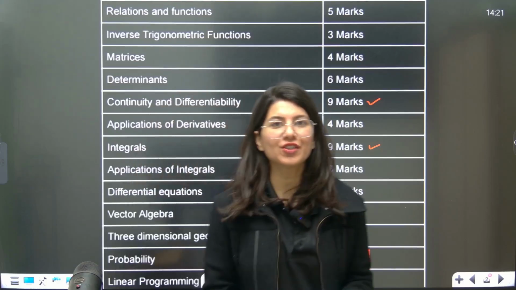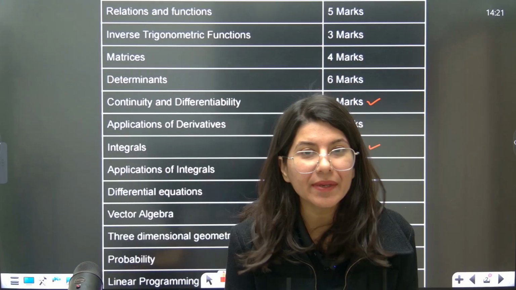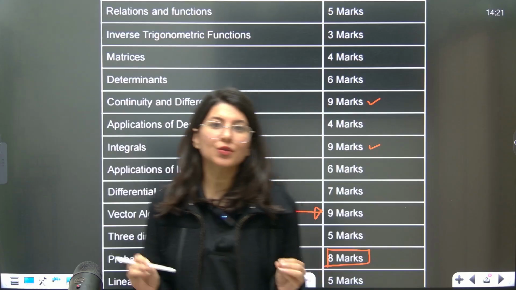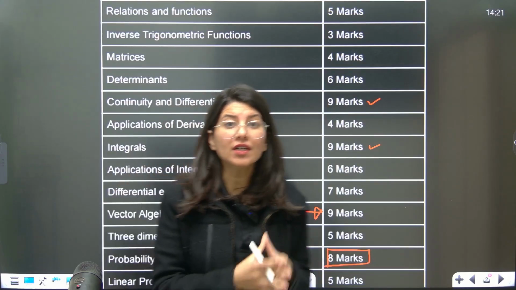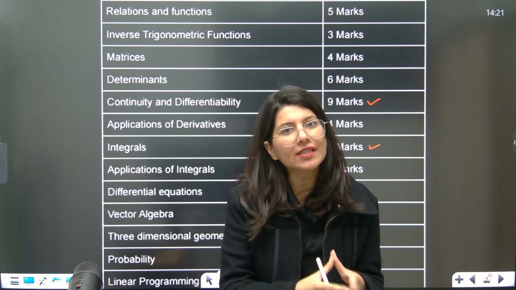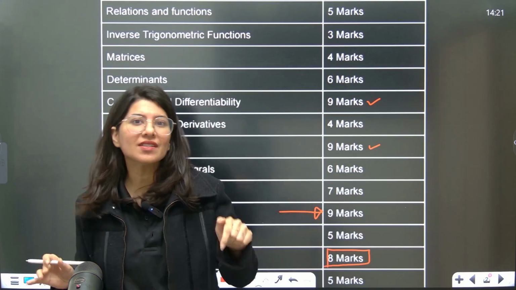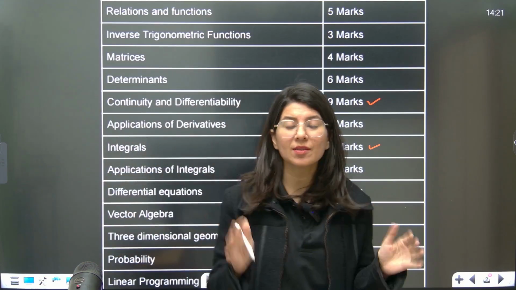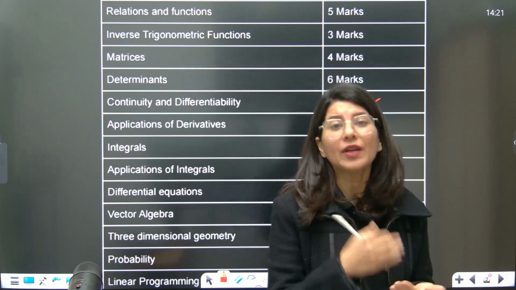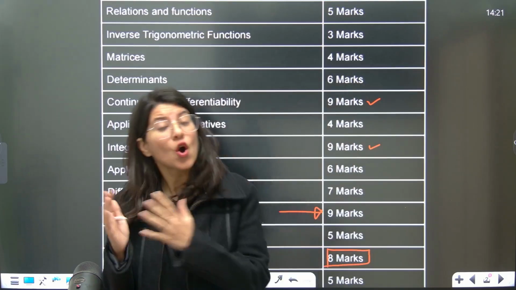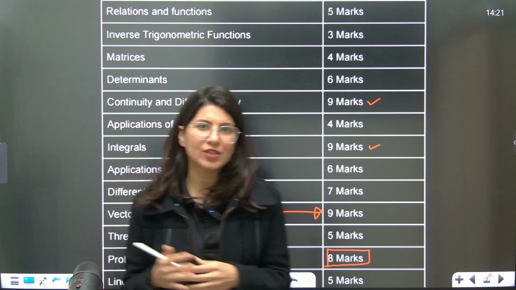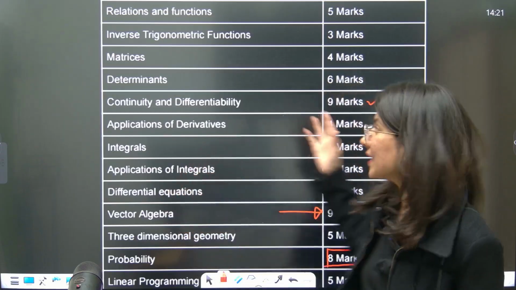Hey Ninja Warriors, today's session is going to be about probability, wherein we are going to study all the theory, or you can say concepts from the chapter probability, and also we are going to talk about previous year questions which were asked in your CBSE board examination, be it your MCQs, be it your 2-marker question, or even 4 or 5-marker question. Okay, so over here you can see the weightage.